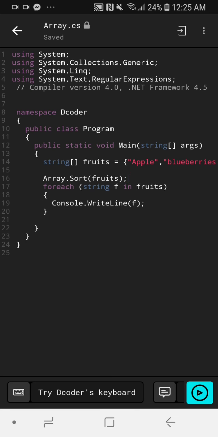Now if the variables that we were using were instead ints or doubles, it would